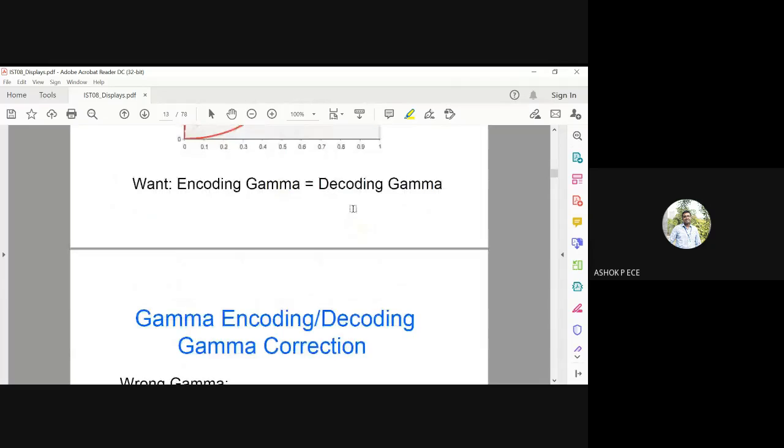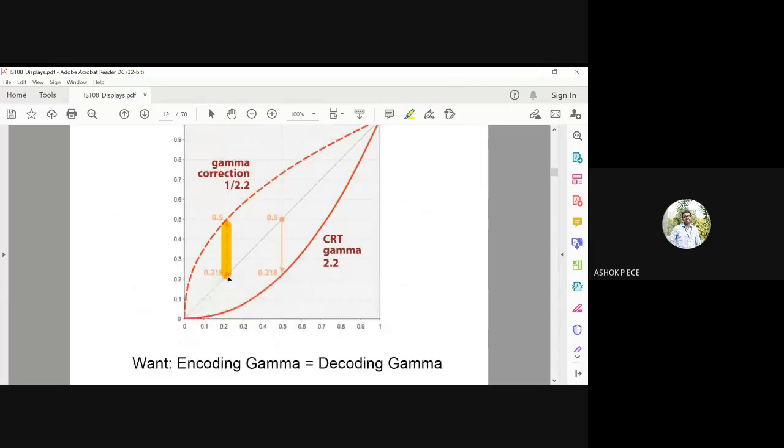The only thing is, my information is at 0.218. For some reason, I'm converting it into 0.5. So when I do the reverse thing, I should convert the same 0.5 to 0.218 again when I get my information back. So that is the thing. Actual information is at 0.218 only. But for some reason, I'm converting the 0.218 into 0.5 using gamma correction. So when I reverse the process and decode, download the image and see, I should see everything at 0.218 only and not at 0.5. So for that only, I'm doing the gamma decoding process to convert the values back to my original range.